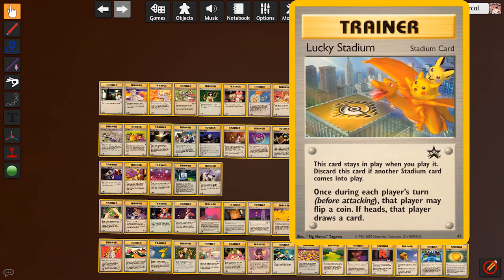It's a promo that we have in the moment. We'll get more of it in the next set as an uncommon. It's a stadium card, so you can bounce things like Chaos Gem and other disruption tools with it, and both players, during their own turns, get to flip a coin, and if heads, they draw a card. Very sort of minimal thing of it, but I mean, sometimes that one card is all you need,